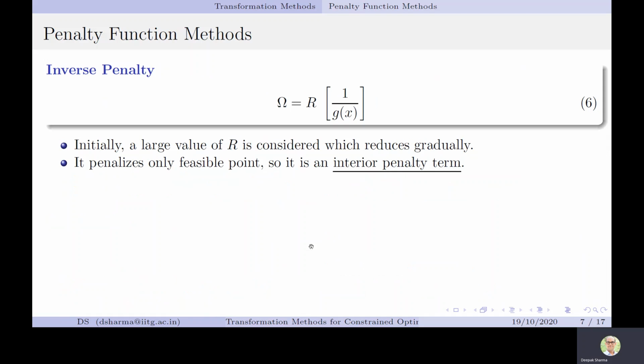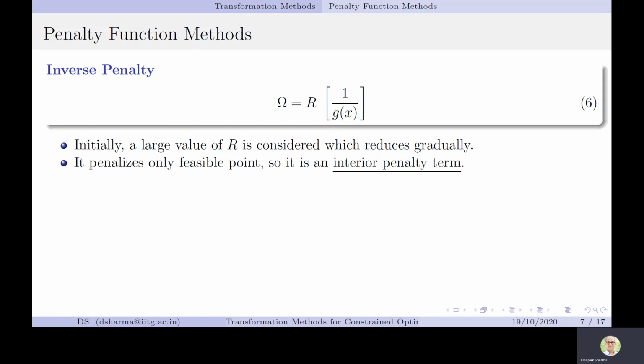Now coming to the inverse penalty. Now initially, what you can see in equation number 6 is that there is no mod. So this means that g of x, as you know, can be greater than 0 or smaller than 0. If it is going to be smaller than 0, this means if I'm adding this omega, we are actually further reducing the penalty function value. How? So penalty function value is equal to objective function plus, say, inverse penalty. So if